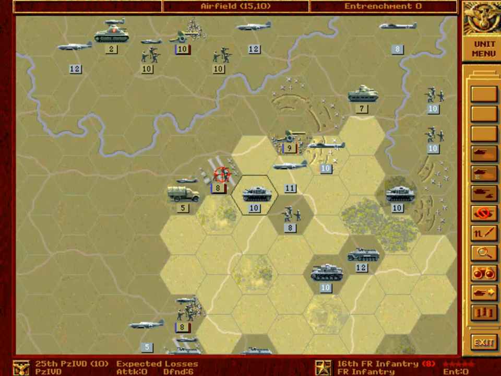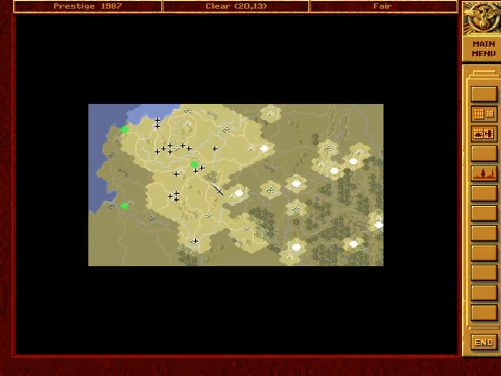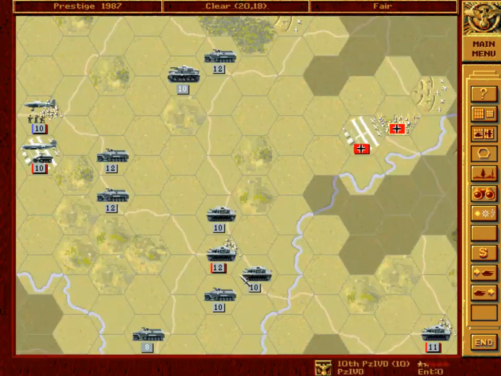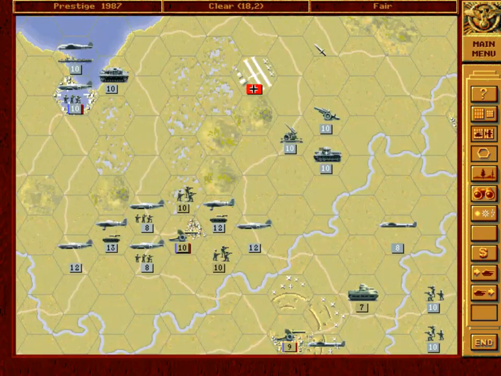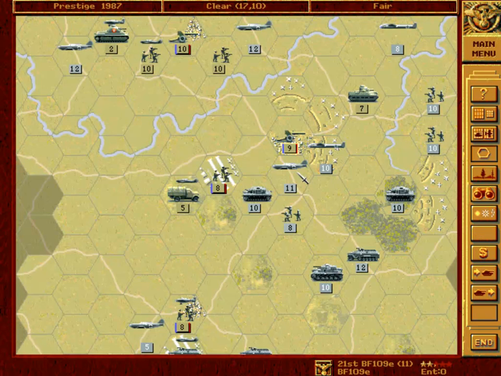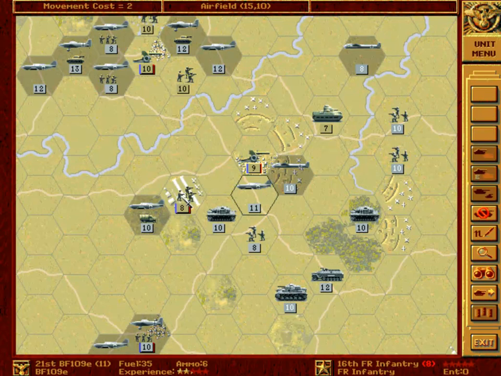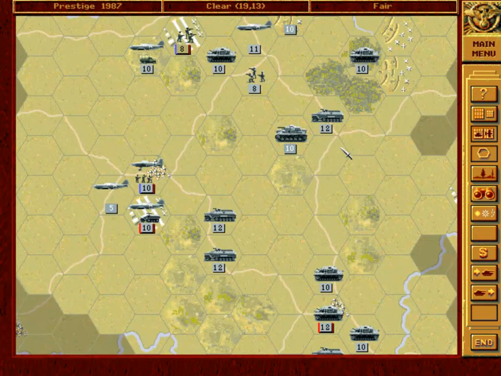Our tank, of course, will now push this imp out of this airfield, or perhaps we can do even more target practice. We do have one more fighter, so 06. Sure, why not? Yeah. No, actually no. Get the feeling that